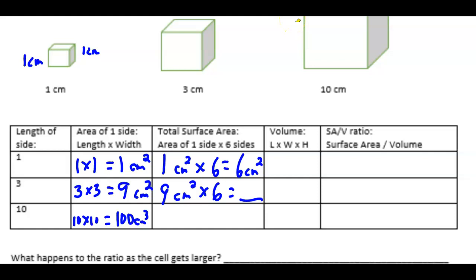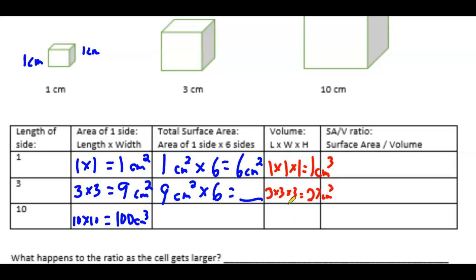Okay, now volume, the length, the width, and height are the same because it's a cube. So this little box right here, 1 times 1 times 1. Okay, so 1 centimeter cubed. Now you don't have to show your work, you can just write the answer, that's fine. Okay, so for 3 times 3 times 3, so 3 times 3 is 9, 9 times 3 would be 27, and I'll let you